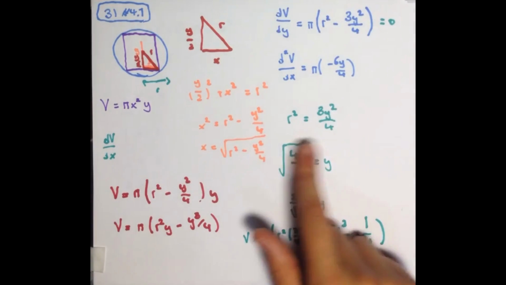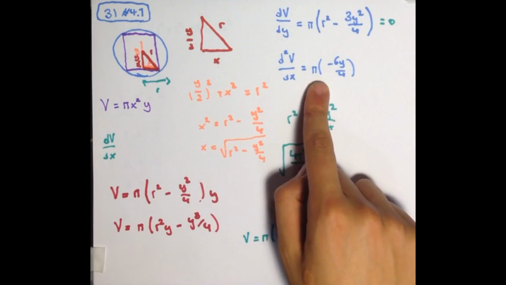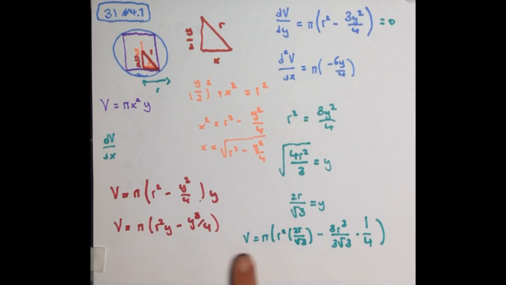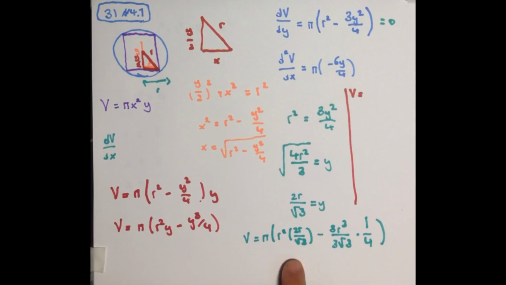Let me just mention that at this point we took the positive root. The negative root would give us a concave up since it would be positive at the second derivative, so we're just taking a positive root. And so if we simplify this, multiply this r squared by this 2r divided by root 3, multiply the 1 over 4 times this, you will be left with 2r cubed divided by root 3 minus 2r cubed divided by 3 root 3. Multiply this by 3 to take a common denominator, you'll be left with